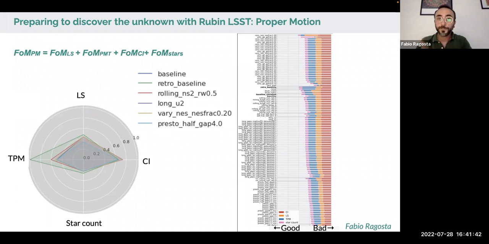As for the likelihood score, the transient proper motion metrics also show better performance from OPSIMs which have more revisits in the same night, because these help to detect photometric variability. And finally, the confusion index appears more homogeneous among all the OPSIMs, as it has lower correlation with respect to proper motion uncertainties and a higher correlation with the depth and the resolution with which we measure the motion. Thus, it is enhanced by strategies which can resolve most stars.